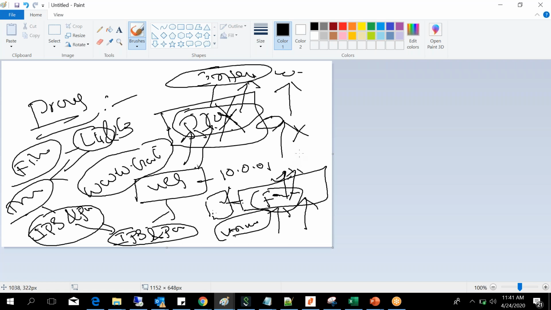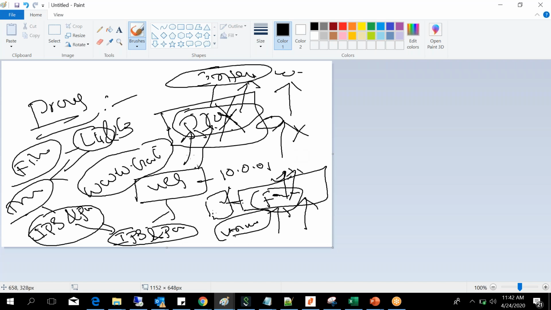The proxy has the intelligence. They will feed all the attackers' IP addresses, attackers' URLs, and domains into the proxy. If somebody is trying to access such a website, it means that system is compromised. Let's say the attacker has compromised that server, and he is trying to connect to some malicious URL.